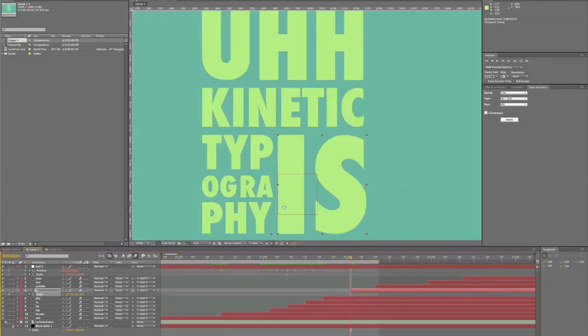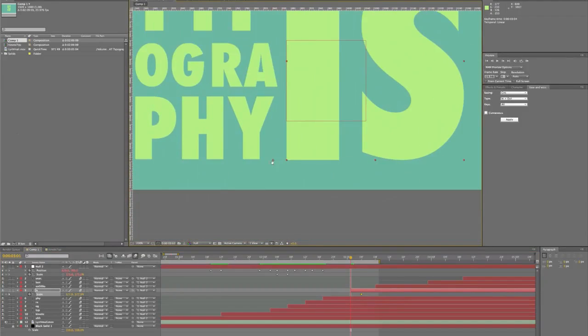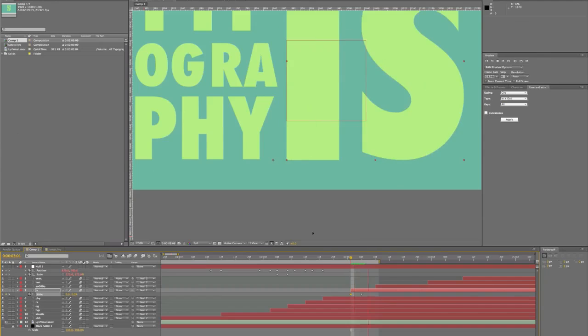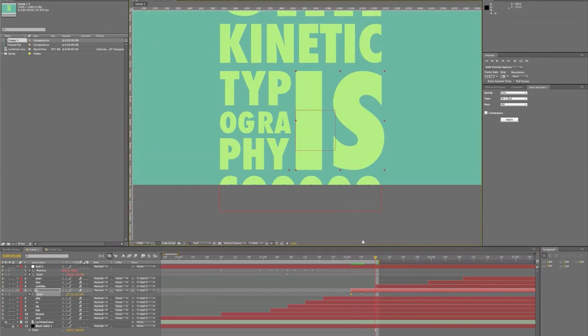It's left justified right now. It's going to scale from wherever its anchor point is, and right now you can see it's left justified. The anchor point is over here on the left side, so that's where it's going to scale from. You see it when I turn this value all the way down to 0, it disappears into the anchor point. So now is pops up,